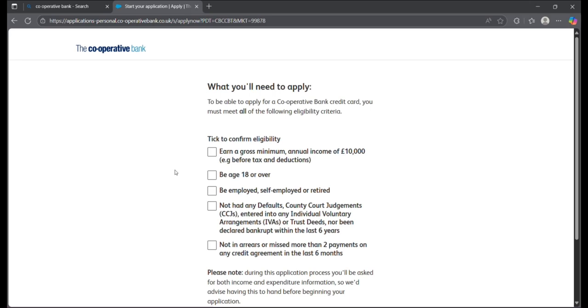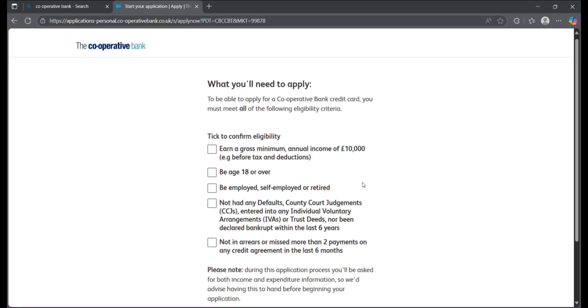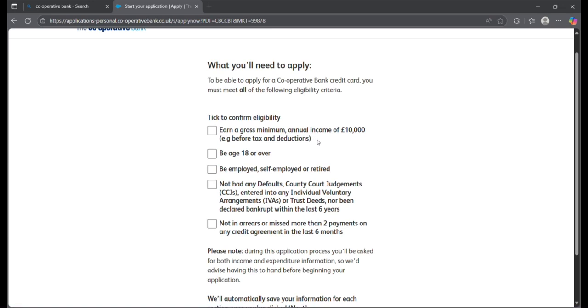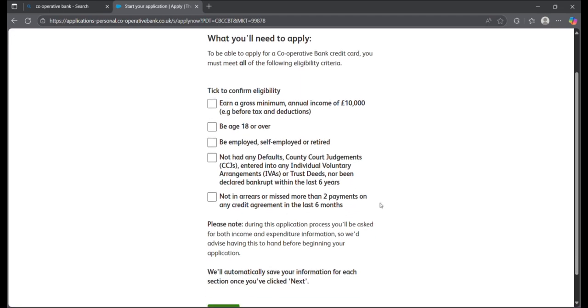Now, as you can see, this section shows you everything you need to have before you begin applying. Stuff like earning at least £10,000 a year, being 18 or older, being employed, self-employed or retired, and not having any recent credit issues like CCJs or defaults. And after you tick all the boxes, confirming you meet all those requirements, you will then move on to the